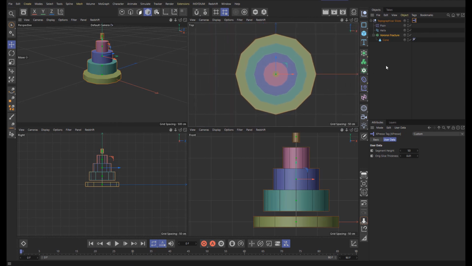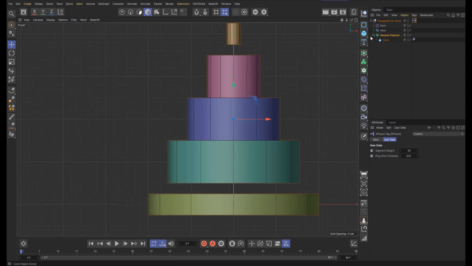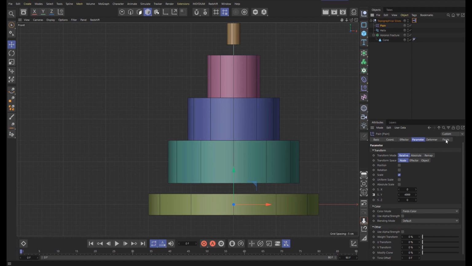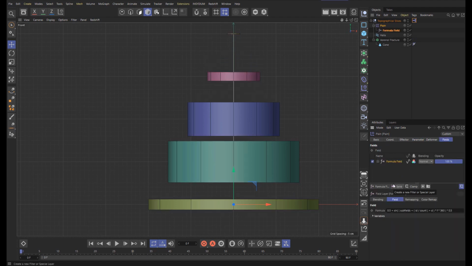Now we still have some issues. Go back to this view, click on cone so you could see the outline of the cone. So these corners are really not in the right place for this to be an accurate topographical representation of this cone. I want to move these down by half of this slice thickness so that this point winds up right in line with the cone. I don't want to do it for the bottom one, but on the other ones I do. So on the plane effector, I'm going to add a formula field. And the formula is going to be, for now,